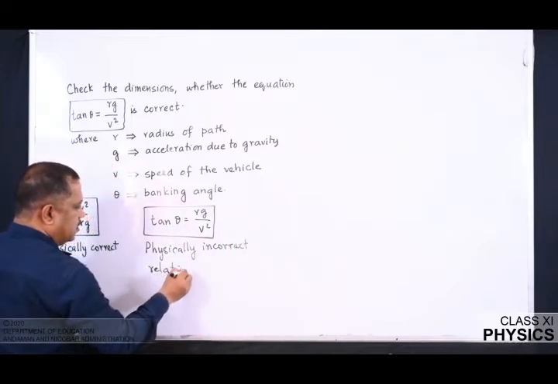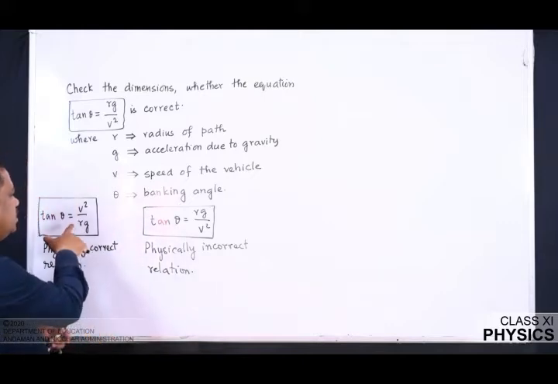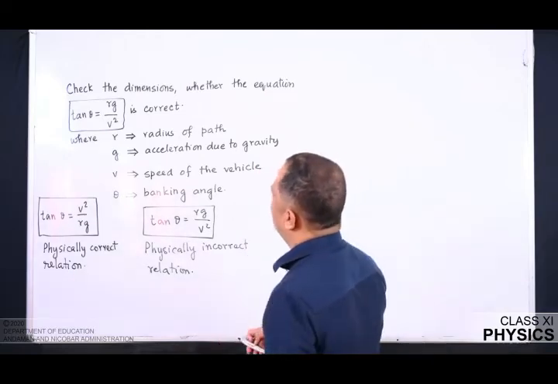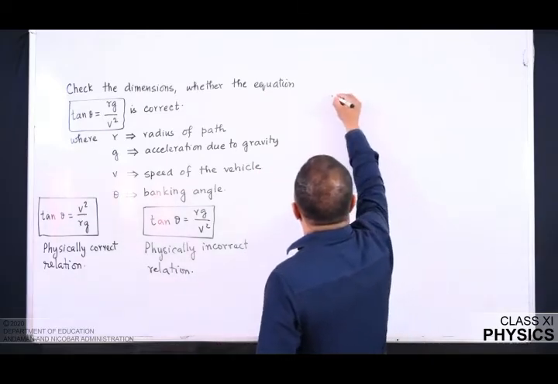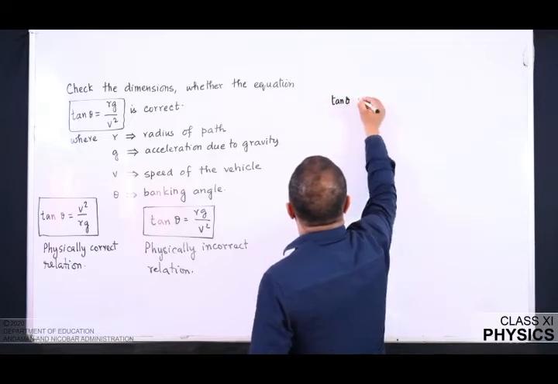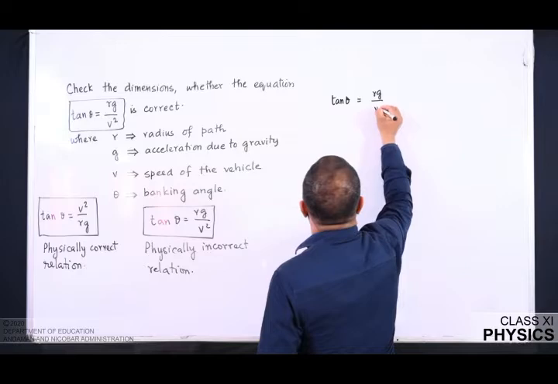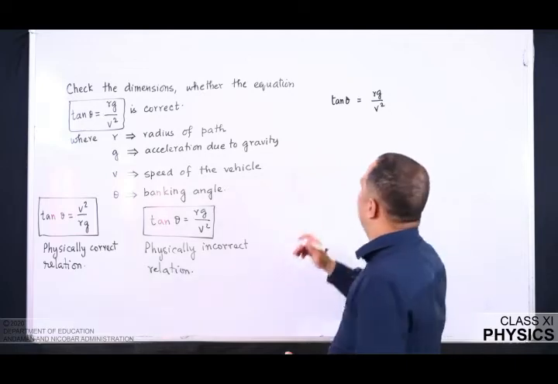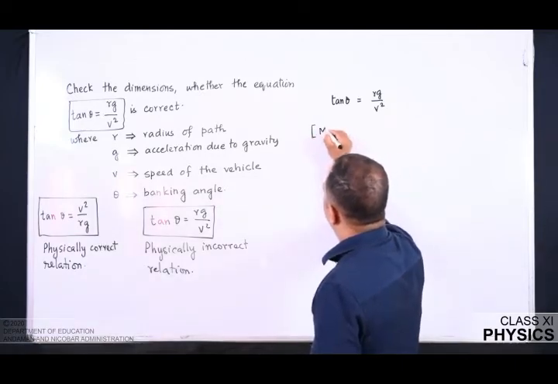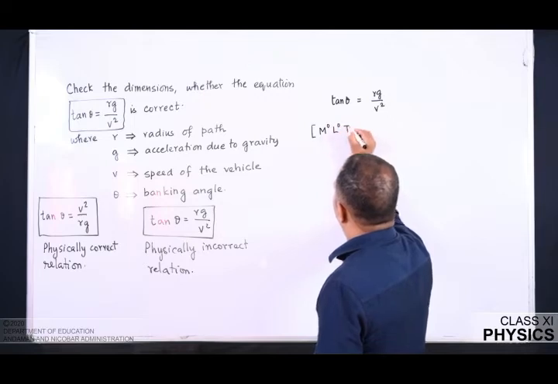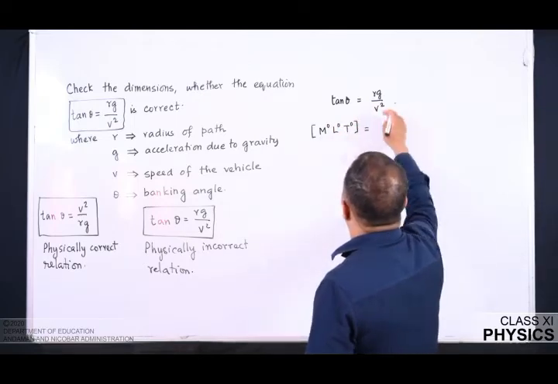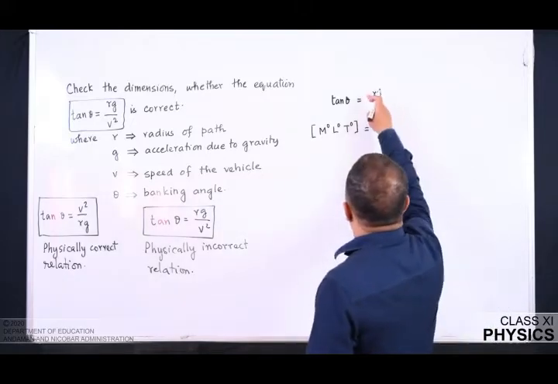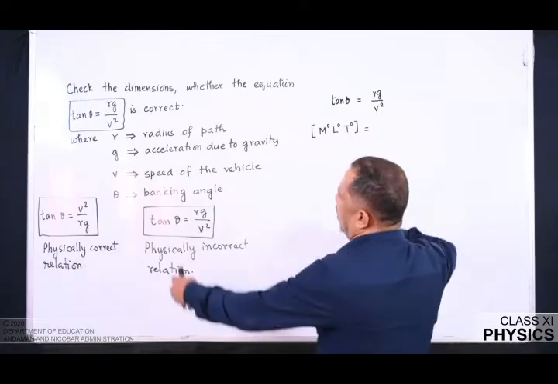As we study the topic, we will derive this relation. However, we are asked to check whether it is dimensionally correct or not. So, to check, let me rewrite the relation first. Tan theta is equal to rg over v square. Tan theta, a trigonometric ratio, is a dimensionless constant. So the left hand side has no dimension: m power 0, l power 0 and t power 0, which is equal to, when I write the dimensions of the respective physical quantities,